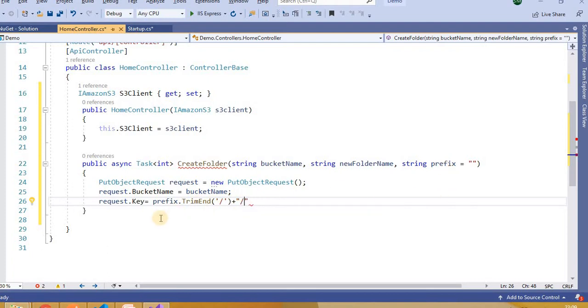If it is already passed, first I will remove it and then add it again. Then here will be my new folder name. For the new folder name I will do the same thing, trim, and I am just using this to create the correct key.